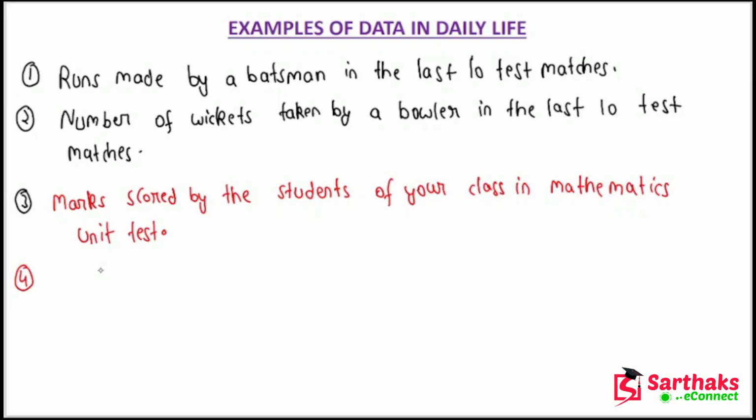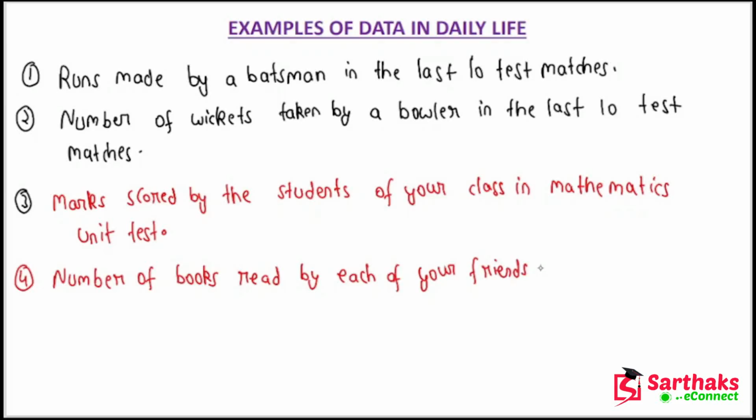Let us take one more example. For example, it can be very basic kind of data also, like number of books read, number of books read by each of your friends, okay, that can be a data. Similarly, you can have various kinds of information available. Okay, so number of books read by students, they can be story books, novels, non-fiction, comic books, okay, textbooks, any